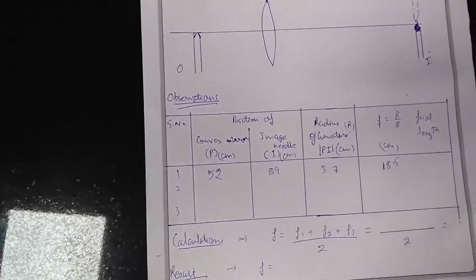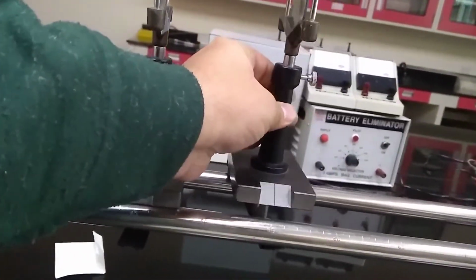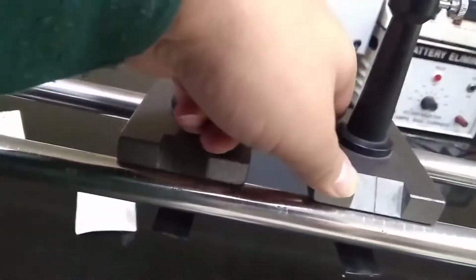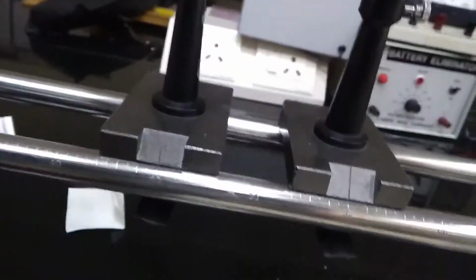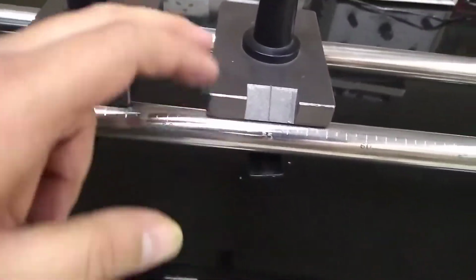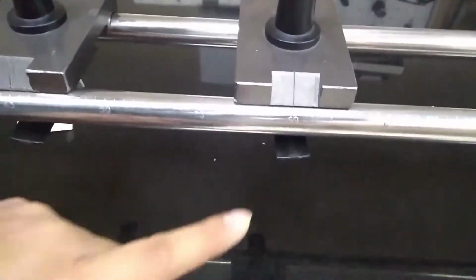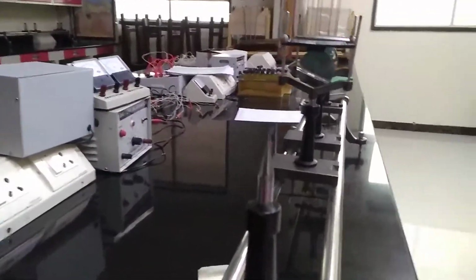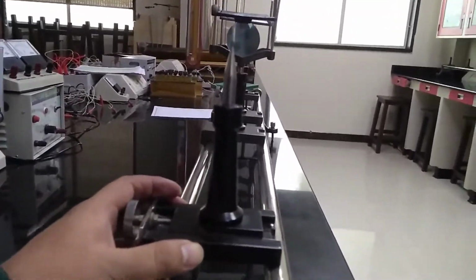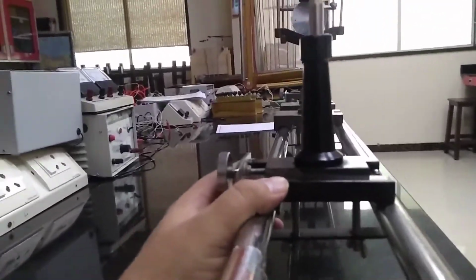Okay. Now what we have to do is keep the mirror again. Initially we adjusted it at 52, now we'll adjust it at 55, or make it 60. Take it 60. Okay, we'll adjust it at 60. Again the process will repeat. We'll remove the parallax now. Now you know how to remove the parallax by changing the distance.